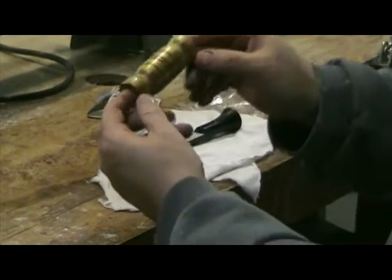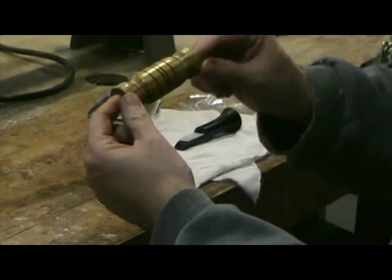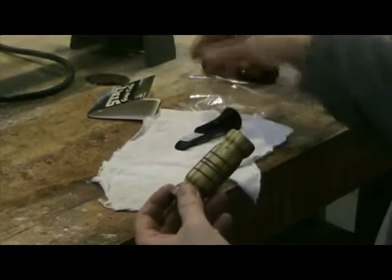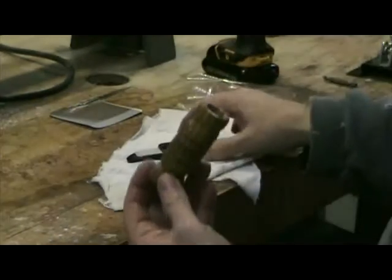But as you can see, all I did was use a friction polish and then some Carnauba wax, and it's all done. I think it came out very nice. And I'm using a stack game call. And here's the piece. The reeds are already in place. And what you do